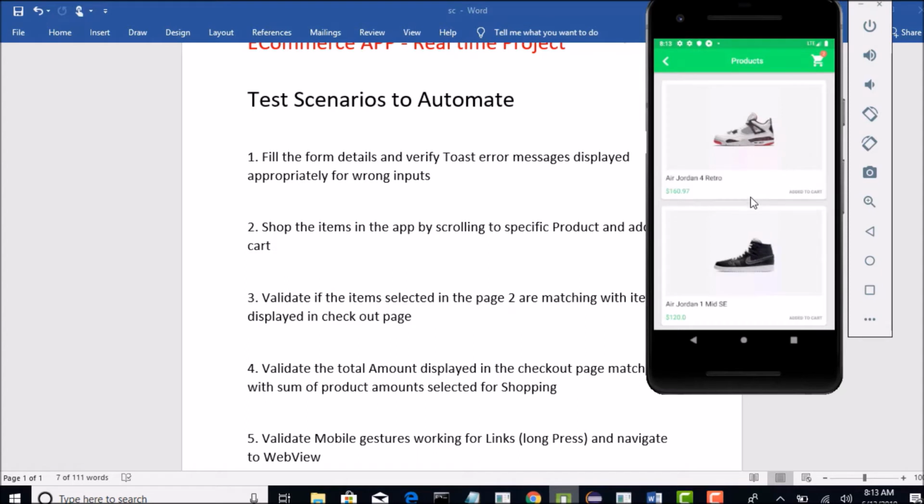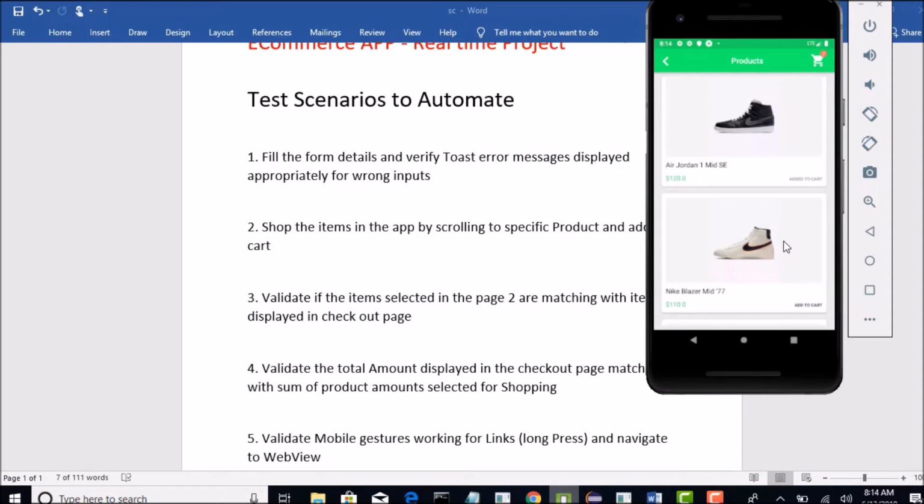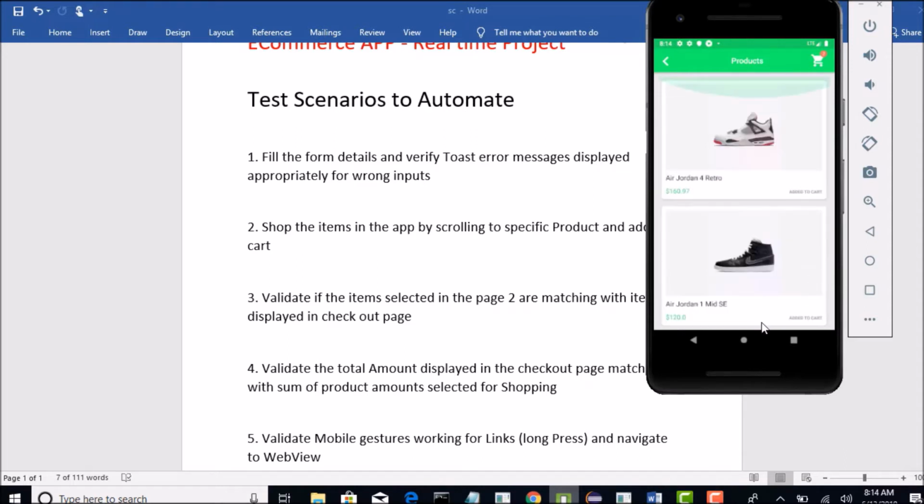So now instead of me going down to a specific product and selecting some item, I will just select the top two items, because we already discussed how to scroll and how to identify them, right? So we need not waste time again on those items.